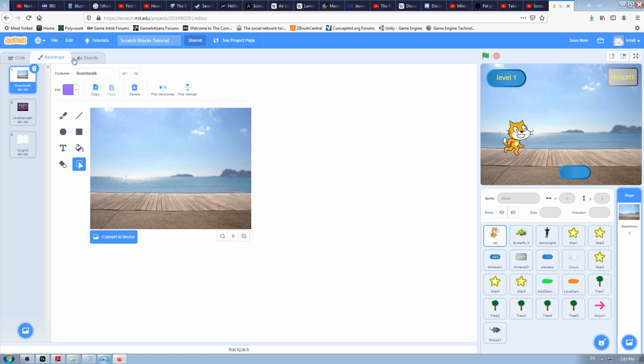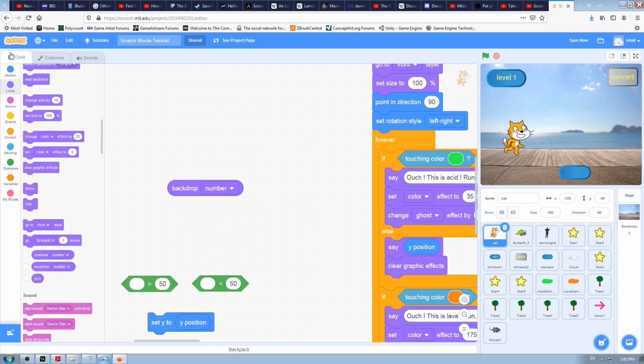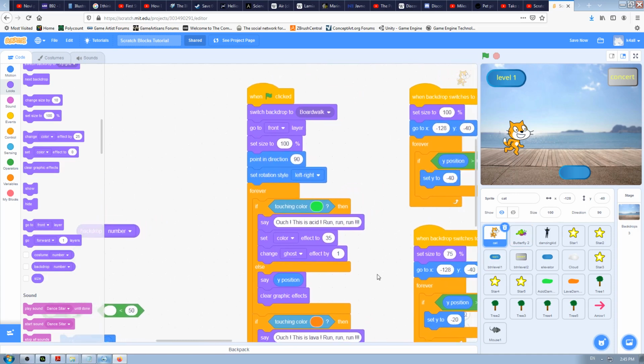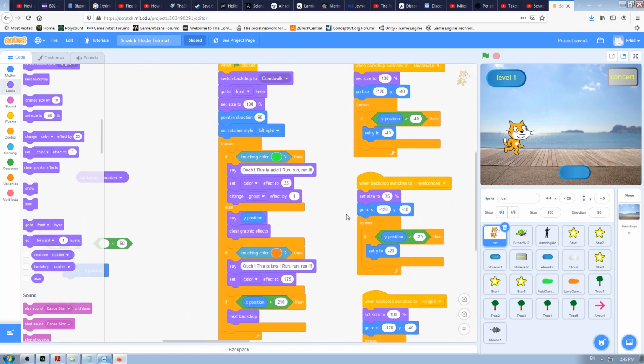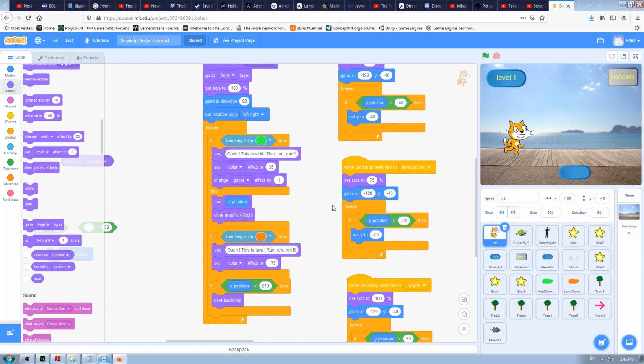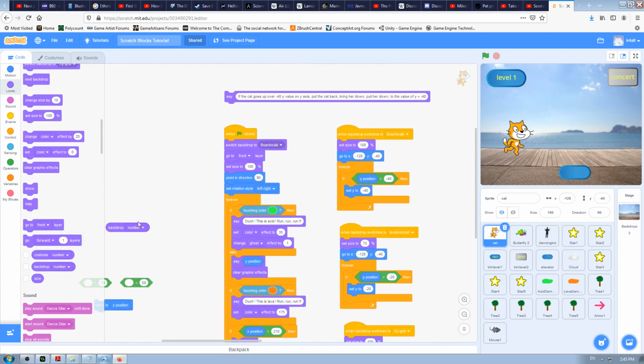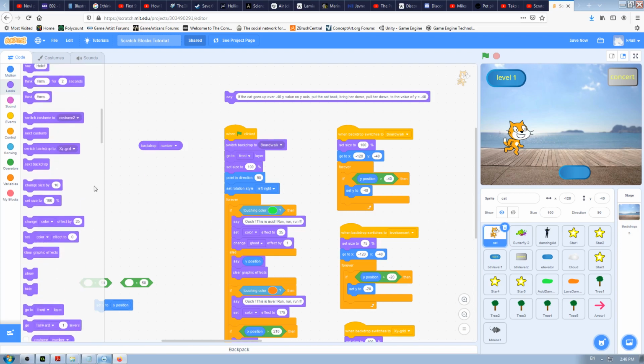Let's go back to cat, to code, and click again. It will be 1 no matter how many times you click, because you're always at the same background. But let's do something simple, just to test if this is working, and we will use it in more complex situations and examples later. But for now, let's just say this. I want my cat to tell me on which background, on which backdrop she is right now. How to do it? I want her to tell me. That means use the look block say,